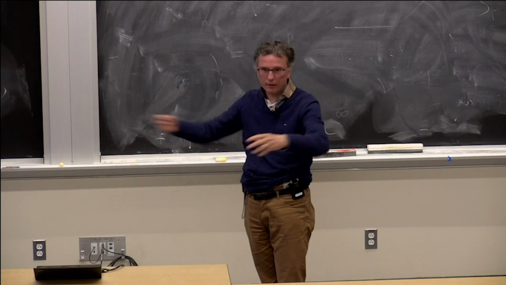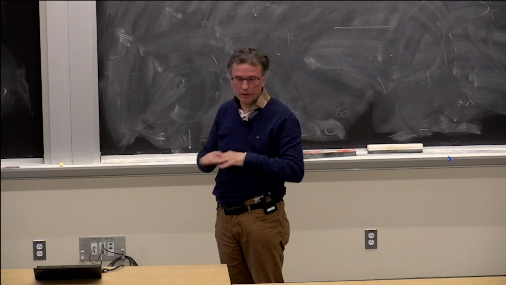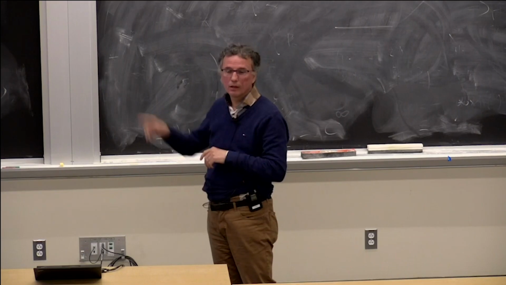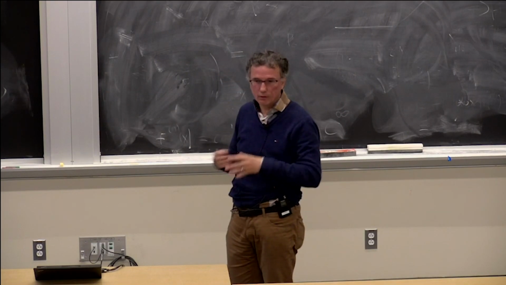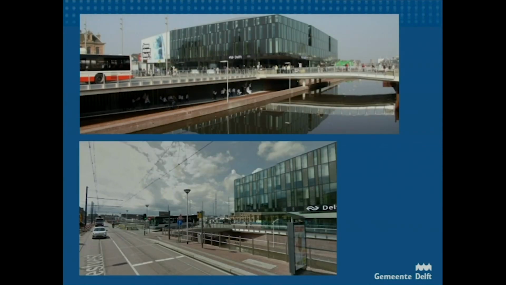So in the open air, there's public transport. On level -1, in the basement, we had a huge parking facility with parking lanes underground, below the bus platform. So we have a physical separation of the bike transport going to the railroad station and the bus transport. And on level -2, we had the railroad tracks. That's one way of separation. And you can see it here in the picture.